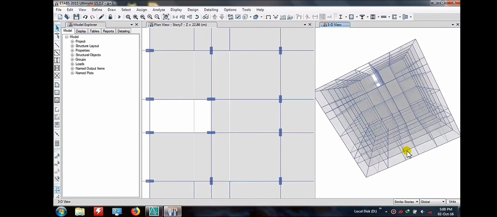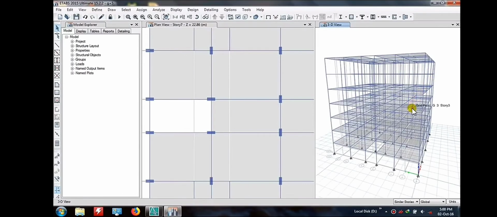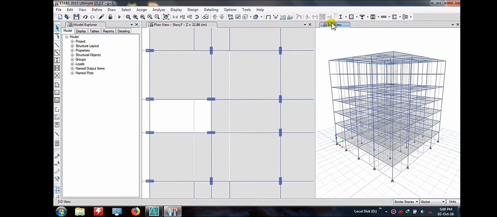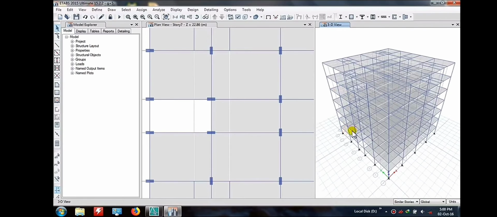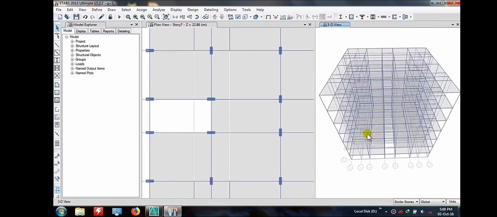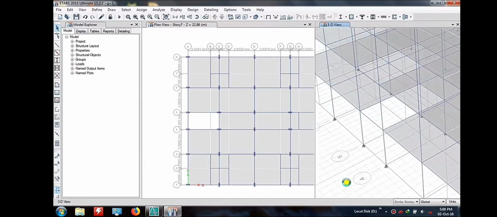So first, you have to remove your slab system from all the stories. After removing your slab, we are going to construct our staircase. So I'm zooming here on this part. You are able to see I had removed my slab from here, this 4 5 and similarly 4 5. So in the 3D view, if you make any change in your plan, similarly your 3D view is also impacted by it.